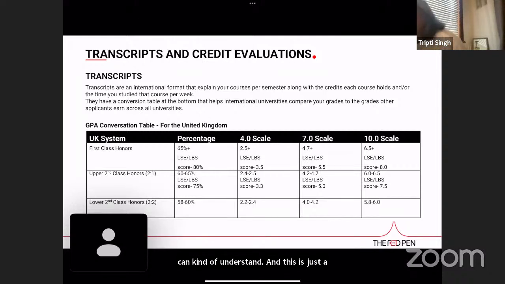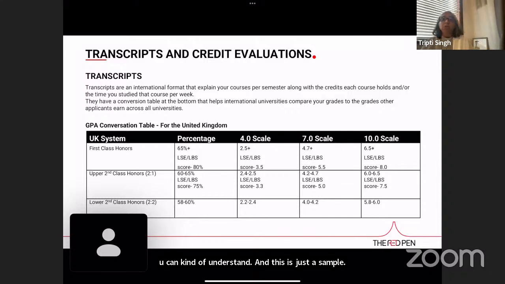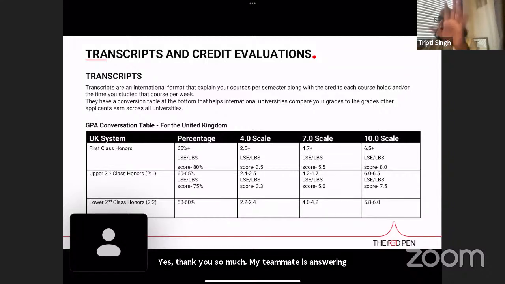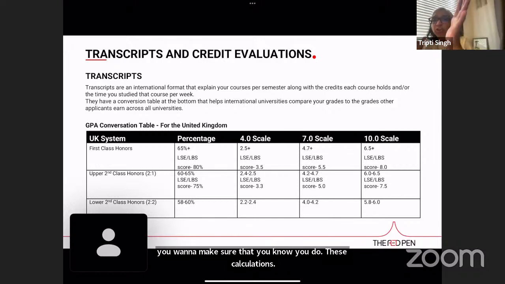What I've given you as a percentage conversion to a 4.0 scale, it's not like I've developed it and you have to hold it as gospel truth, but this is just an indicator for you to understand. Yes, thank you, Sonu. My teammate is answering questions online as well. So you want to make sure that you do these calculations separately and have a sense of what you are